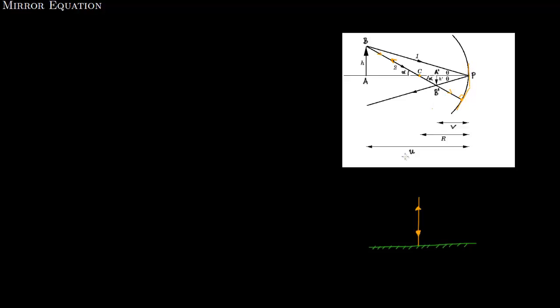Now here the light falls at an angle of theta. So again you should think of light falling at an angle of theta. Then as we have seen before, it will get reflected also at an angle theta, and that is what is happening at point P. So the light is falling at an angle theta, it gets reflected at an angle theta. Notice that now we are talking about a concave mirror,